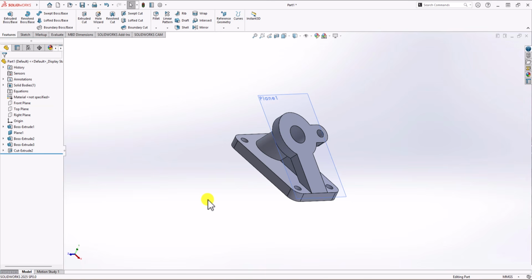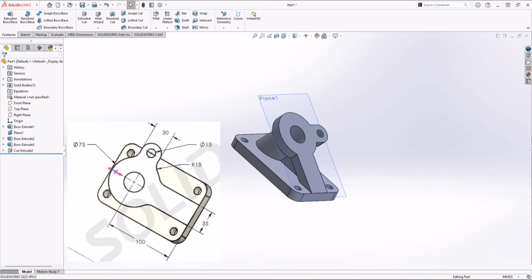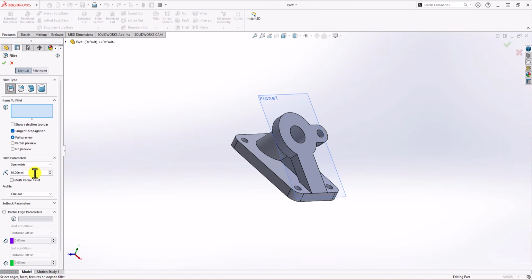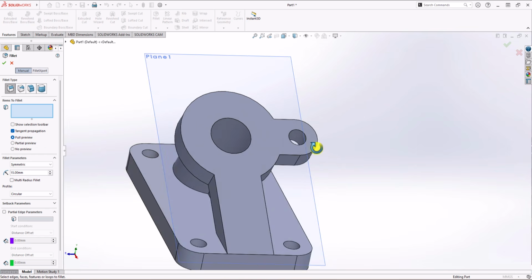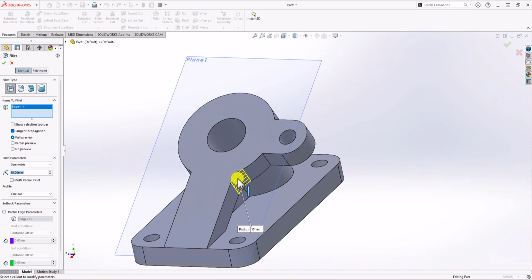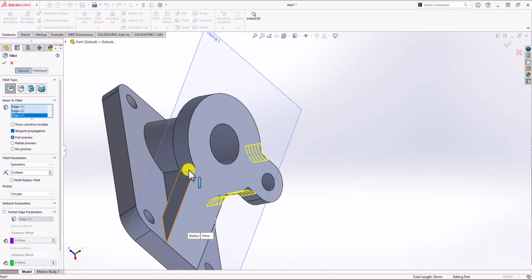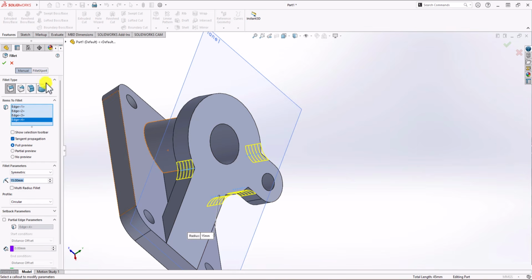If you look at view AA, you can see that we need fillet in the corners. Clearly in this view, you can see that we need 15 millimeter fillet. So let's add that feature. In order to add fillet, click on feature, click on fillet command, and then here I'm going to change the radius to 15 millimeter. Now here we need 15 millimeter fillet in this corner, and finally fillet in this corner. Click on OK,